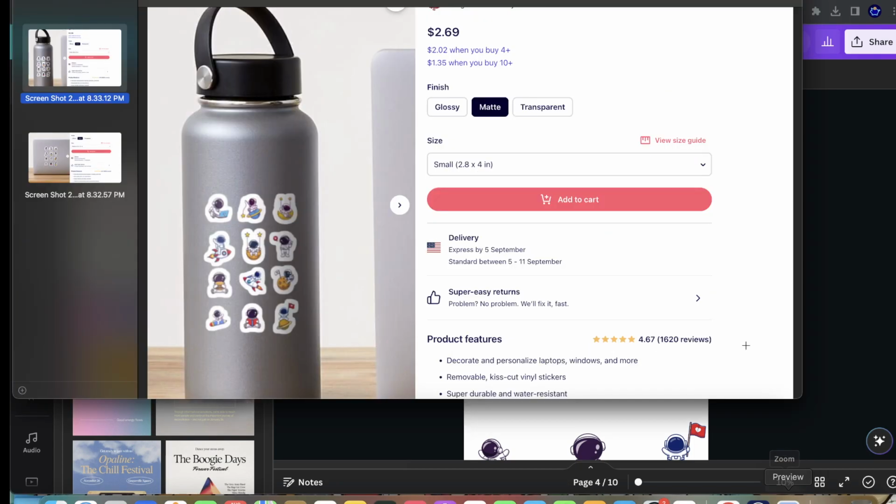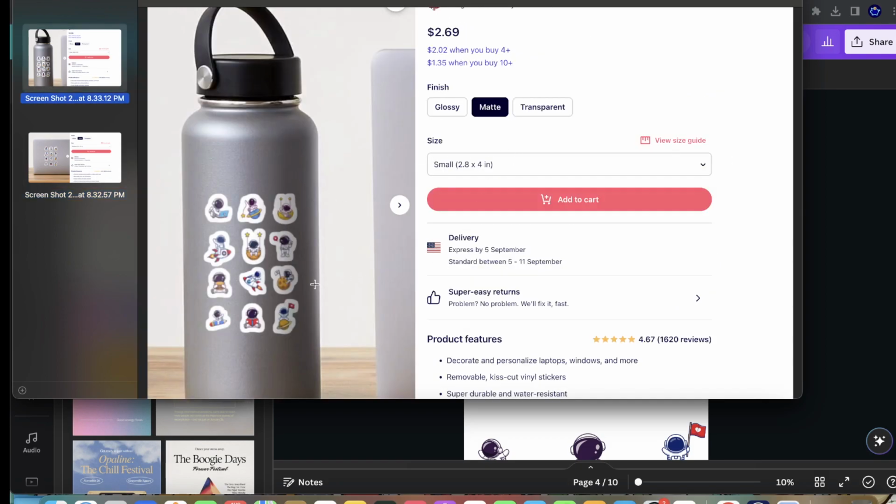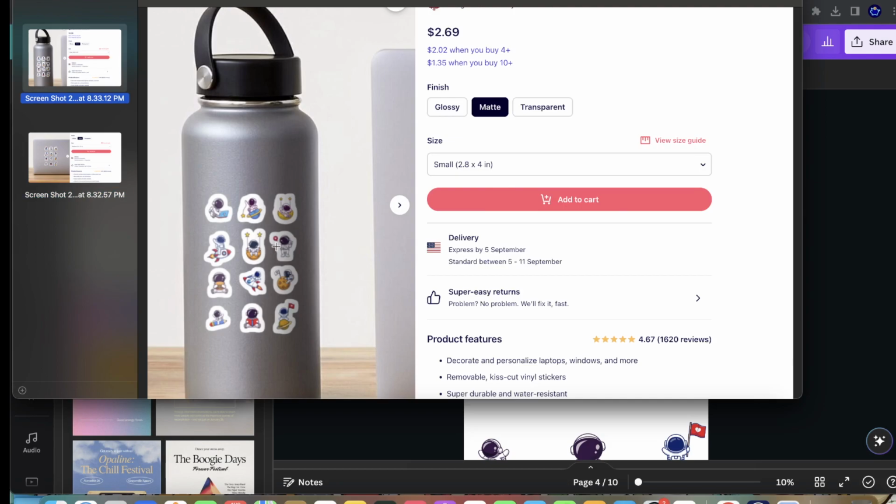So I have these 2 screenshots of me testing them on private listings. These are not public listings. The reason why I took screenshots is because I don't want to show the actual account associated with this. As you guys know, I'm not currently logged into my demo account on Redbubble on this computer. I'm sure for the next video I will, but you know, it is what it is. But regardless, you could see here, I set it to medium and I set it to small, and you could see